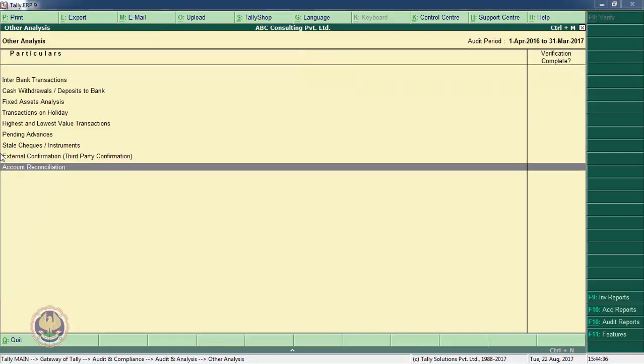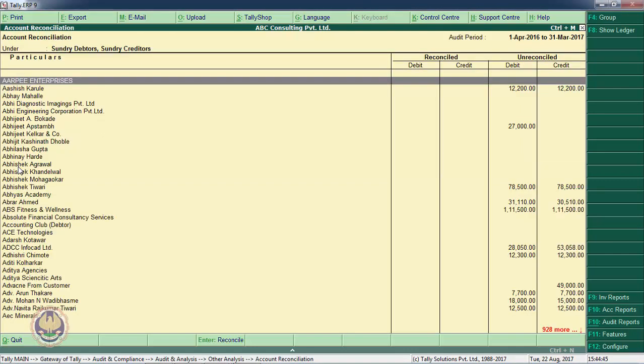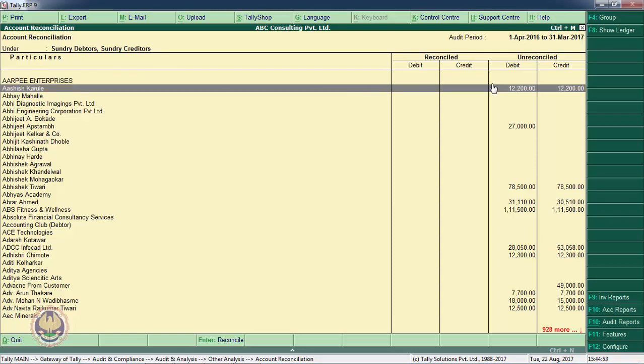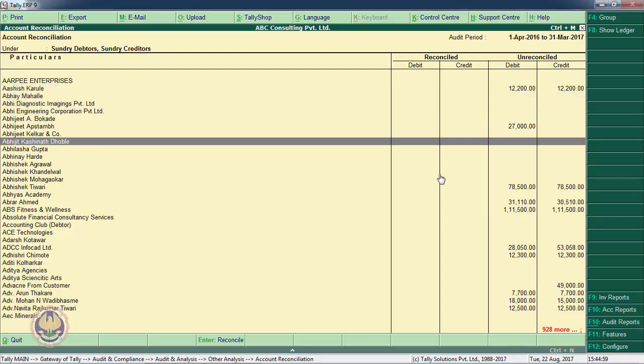The last menu of this other analysis menu is account reconciliation. I am going inside this account reconciliation. Inside account reconciliation, I am again getting the same list, that is, a list of all debtors and creditors, reconciled and unreconciled. These are the amounts of transactions. So far there is no account reconciled here. So what can we do to reconcile?